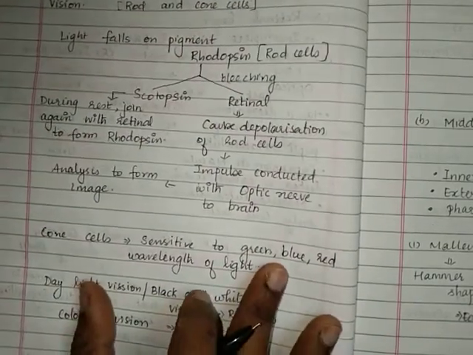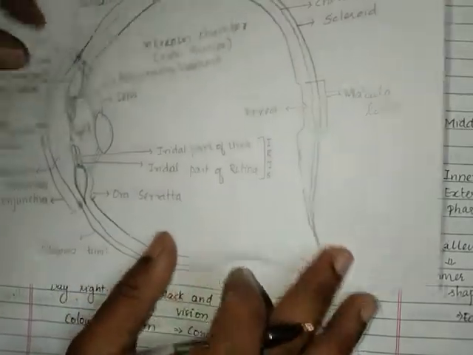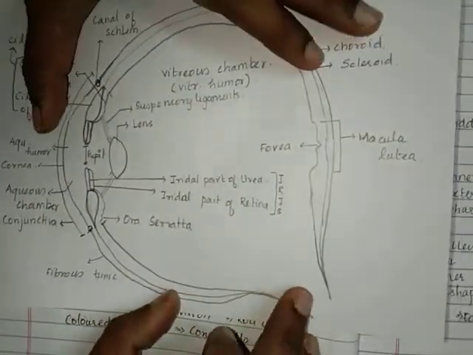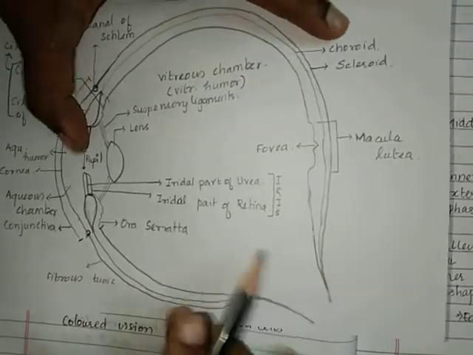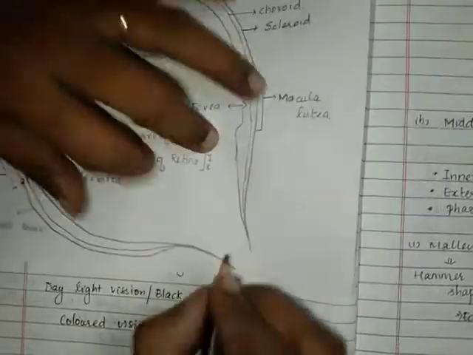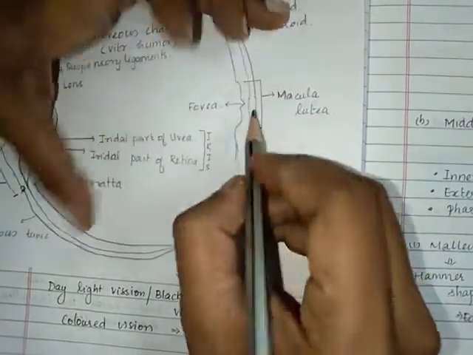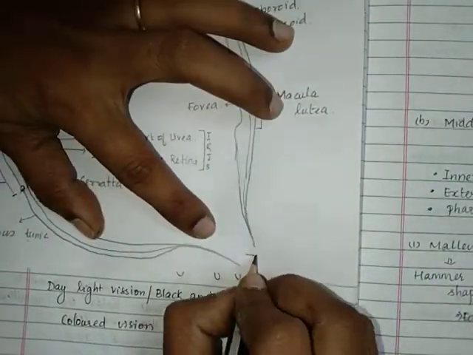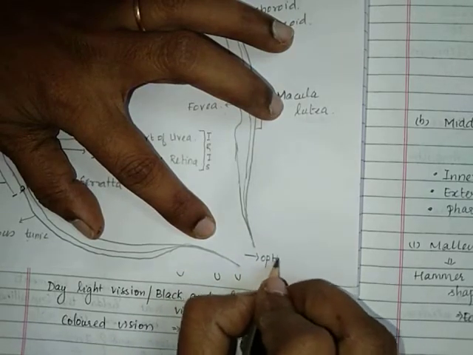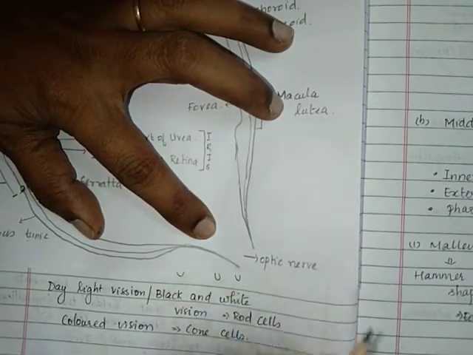So where is the optic nerve? It is usually found at the back portion, nearly the back underside of the eyeball. The optic nerve is formed there. The nerve fibers of the cells in the retinal layer all join together to form the optic nerve, which takes the impulse to the brain.